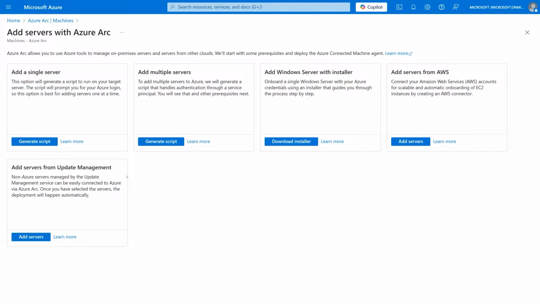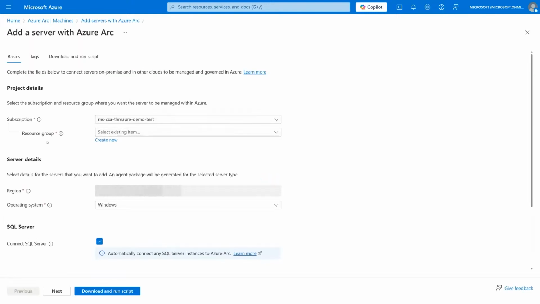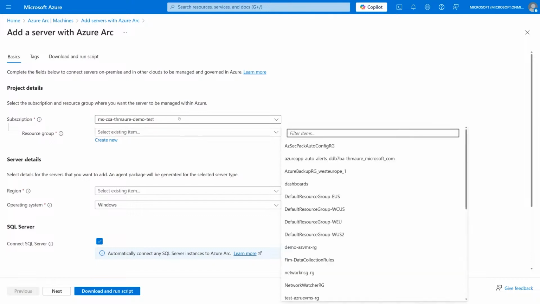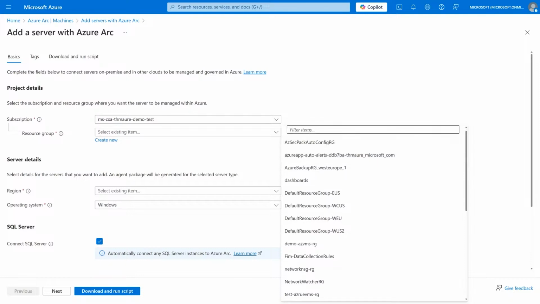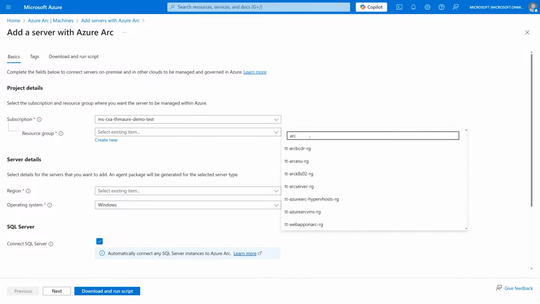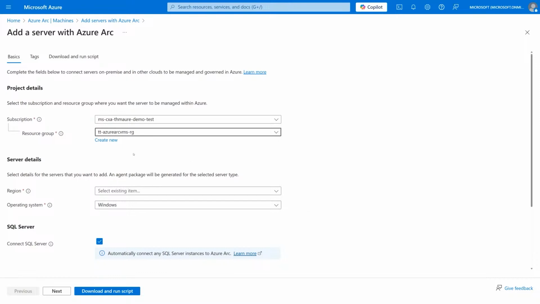So what do you need to onboard these servers? For that, we can simply generate a script here. And I'm going to do this for a single server where I don't have the Windows Server installer, for example, and I just want to have an interactive thing to do. So what I need to do here is put this server in a subscription, because it will look like and behave like an Azure resource, because it is an Azure resource. So I also need to add a resource